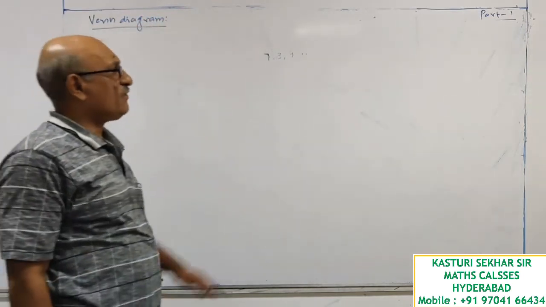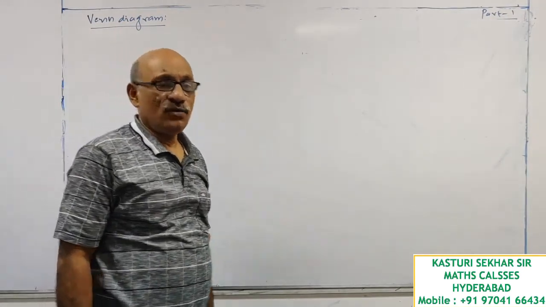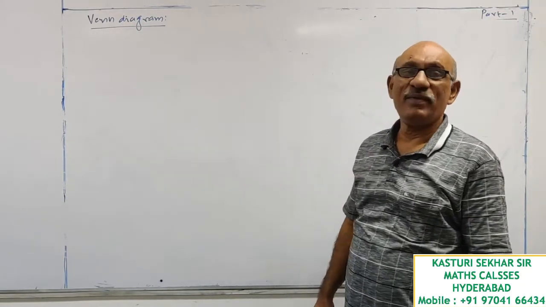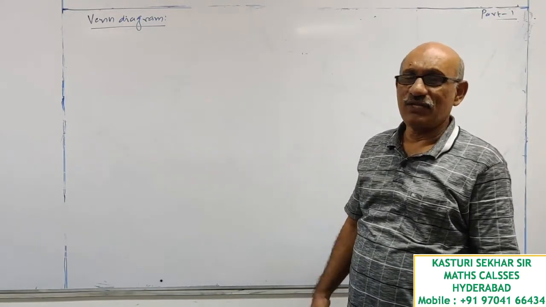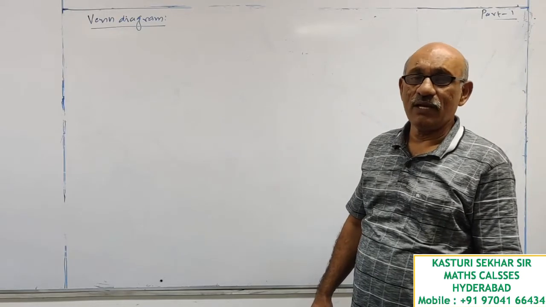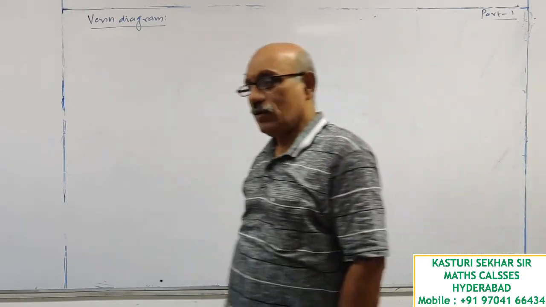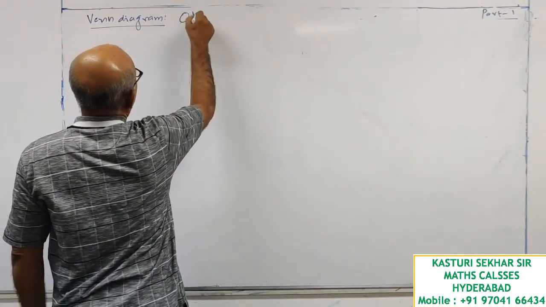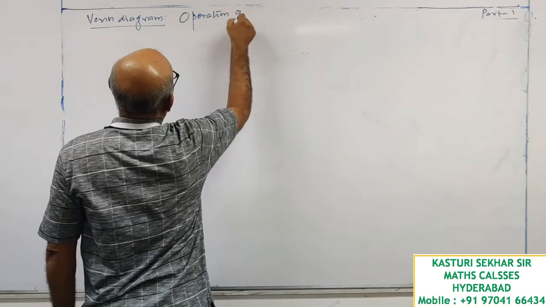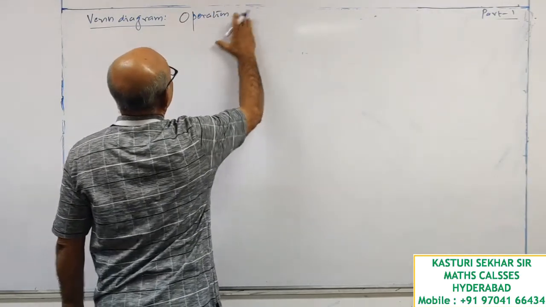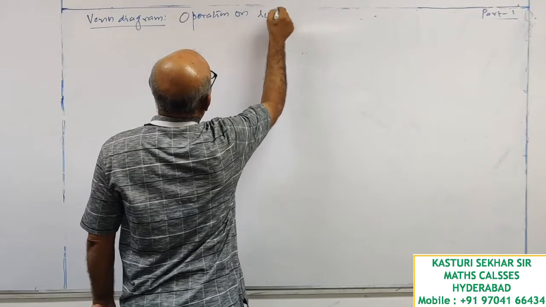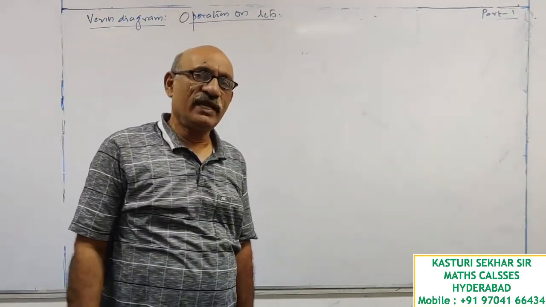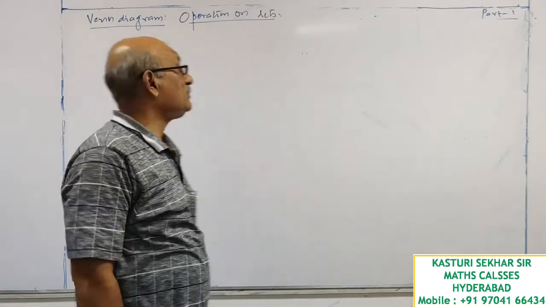One diagram I will consider for operations of sets. We have union of sets, intersection of sets, complement of a set, difference of sets. This way we are doing different operations. For that, how can I represent them with the help of a Venn diagram? Operations on sets. First let us consider 2 sets, then we can extend the concept to 3 sets also.